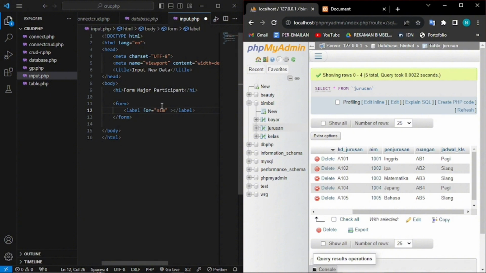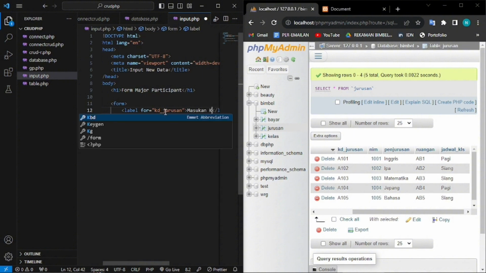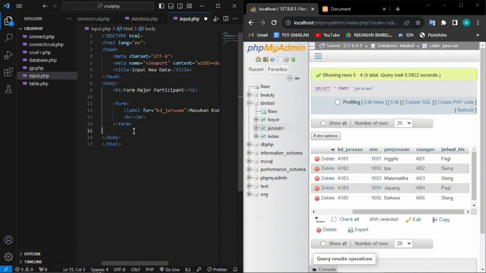So actually the first thing is kode jurusan like this, and after that inside here I'm gonna write like this, and then we can just add br twice so it has some space. And